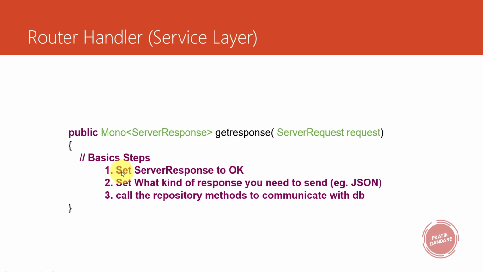After that, the handler syntax. Again there are three steps, but before going to these three steps, I want to introduce the method signature. We need to return a Mono of ServerResponse and get the request, that is ServerRequest, as the input. After getting the ServerRequest input, we need to set OK, whatever the response, so you need to tell that this is OK, meaning 200. After that, you need to tell what kind of response you need to return. I am taking the example of JSON.